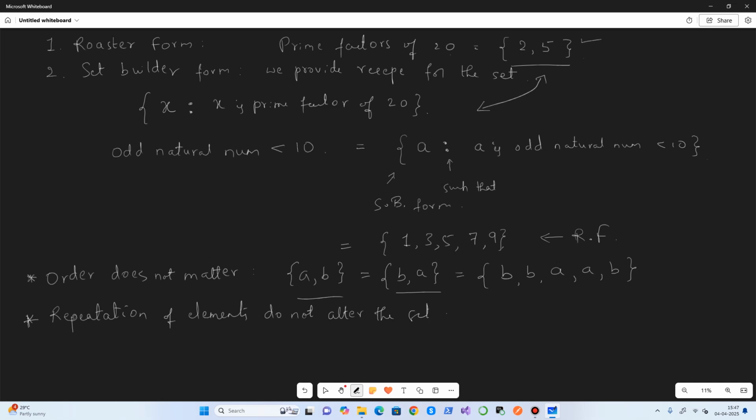In the simplest form, it remains the same. So if you want to reduce a given set to its simplest form, just list all the elements uniquely. List all the elements uniquely to get the simplest form of the set. Alright, so this is another important property that we need to understand.